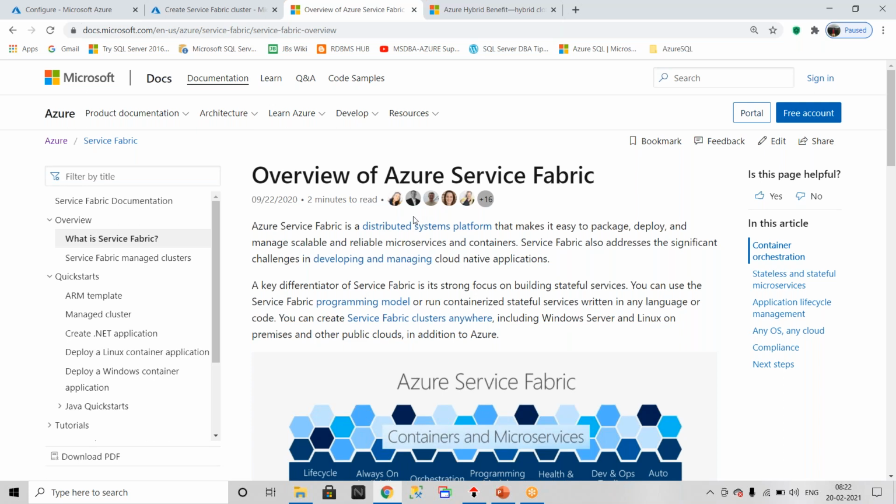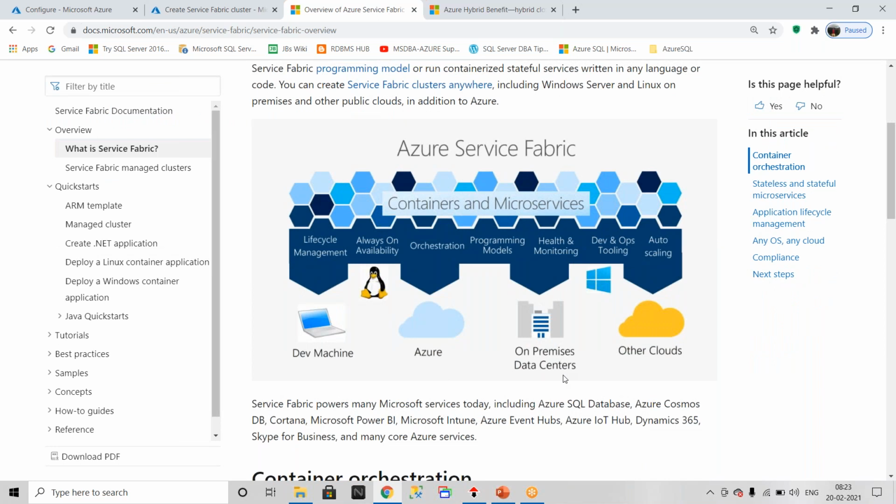So how are you getting all these PaaS services when you are working with a PaaS environment? How is Microsoft maintaining this when you go for Azure SQL, Azure Managed Instance, Azure Elastic Pools? How is Microsoft maintaining all this platform as a service? In the backend, Microsoft is configuring Azure Service Fabric for you. Getting my point?